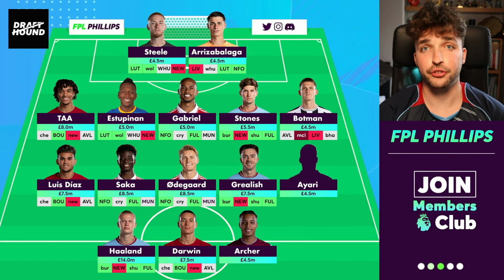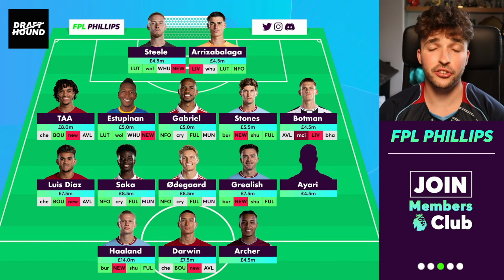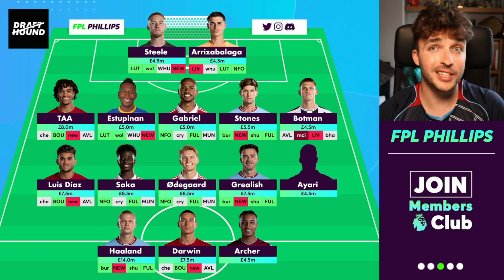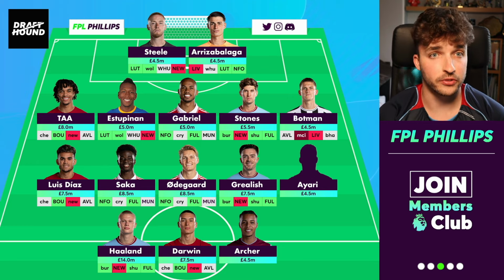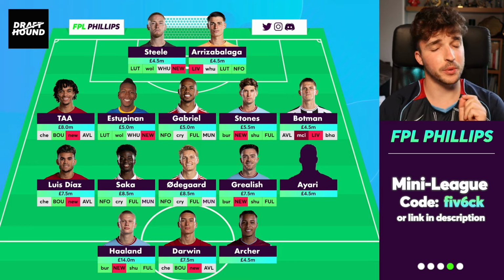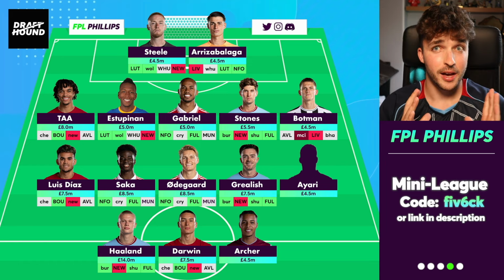And next up, we've got Drafthound, who is a tool that I do actually use sometimes for the predicted points and for the clean sheet odds and the goal scorer odds in particular. I think they do a really good job of those. But yeah, Drafthound, this is what you get when you put in their optimized 11,